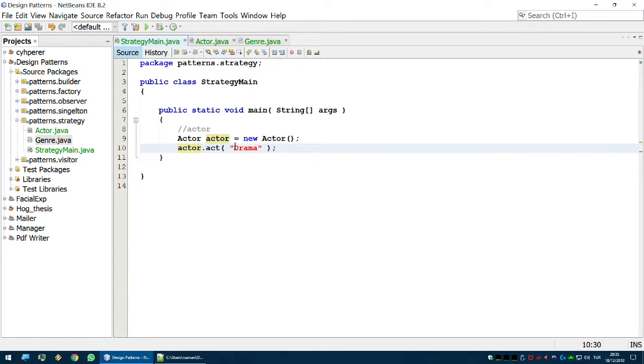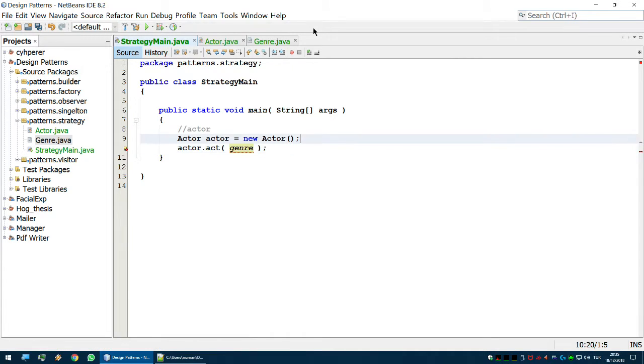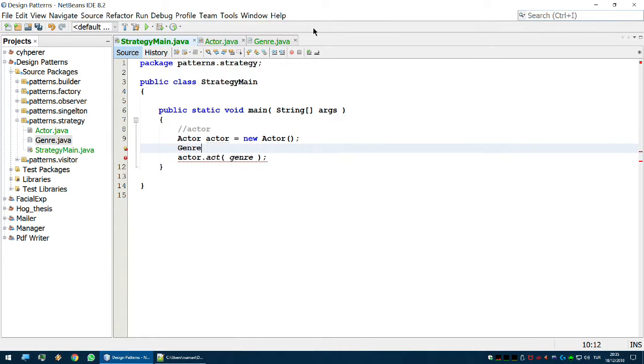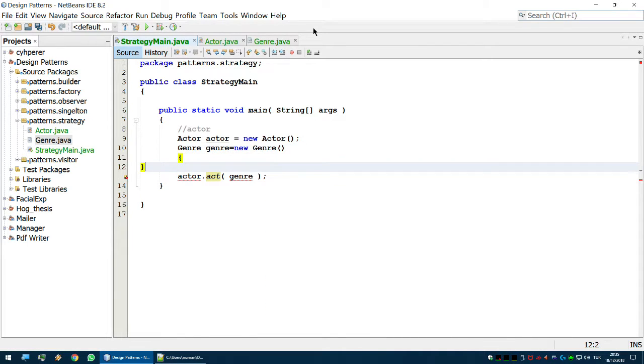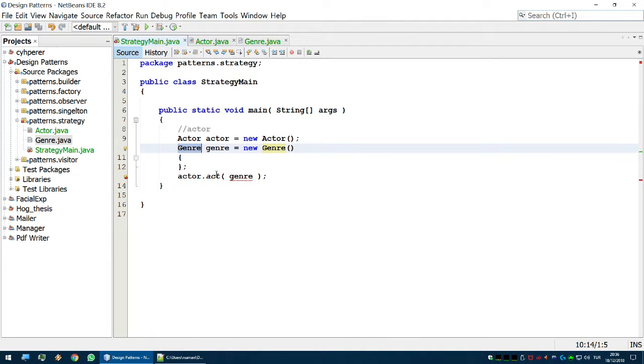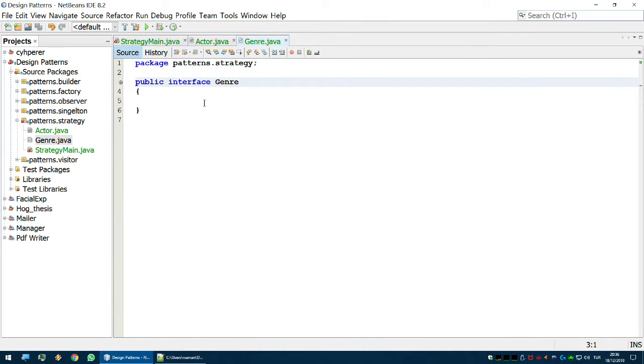If this actor can take a parameter of a genre, let's say a genre, alright? Here, a genre equals new genre. Okay, now we can actually pass this parameter, this interface, to actor, and we can have a method called act